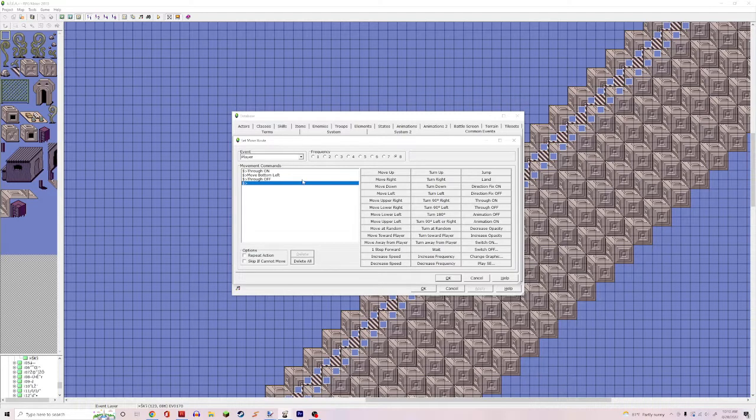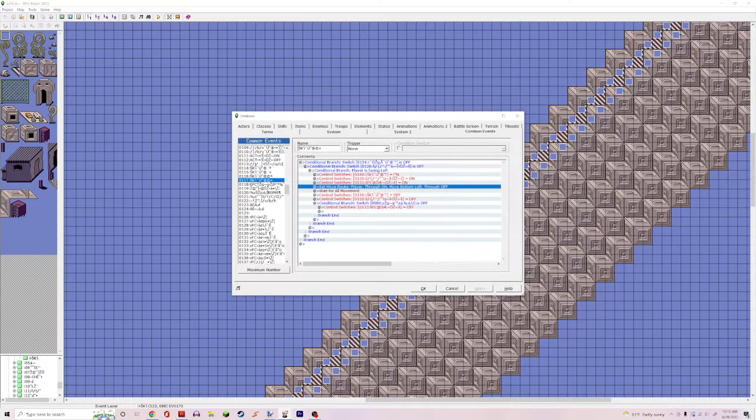Basically, it's moving your player without you having to press anything. So what it's doing is through on, which is basically disabling collision, move to the bottom left, through off. And it's making sure that you're facing left while you're doing this. So it gives the illusion that you're going down a set of stairs. So in motion,